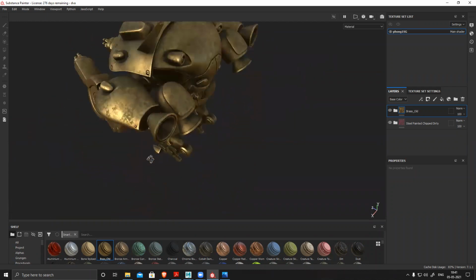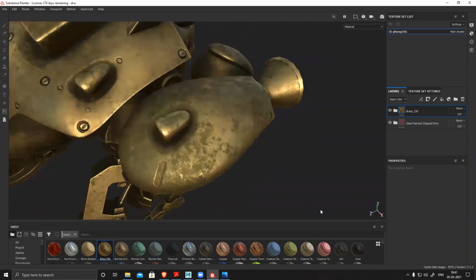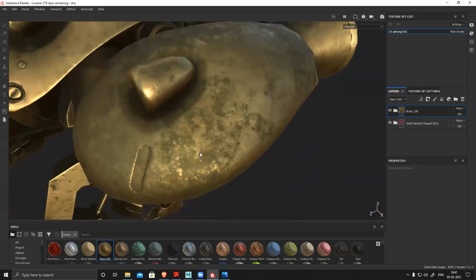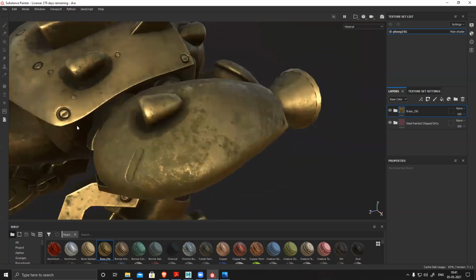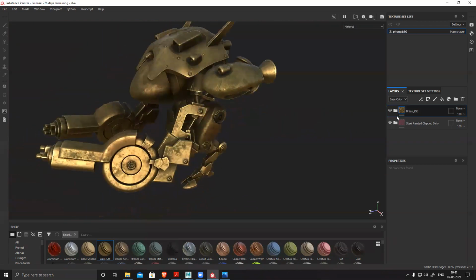It looks pretty nice, this brass effect. You can see it has nice dirt, artifacts, patches, everything. It's pretty nice, nicely done. And the best part is